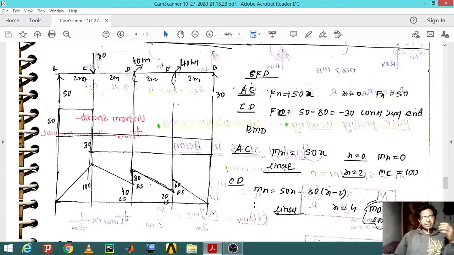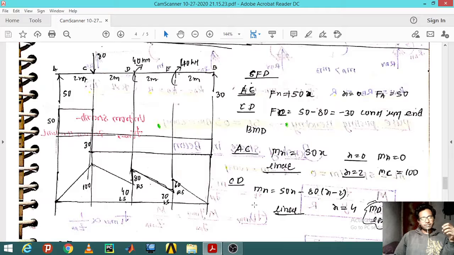Here is a simply supported beam, supported at the two ends A and B. It is subdivided into sections, namely A to C, C to D, D to E, and E to B. In this beam, we actually have two forms of load. One is the point load, and the second is the moment load, which we can call the twisting moment load.